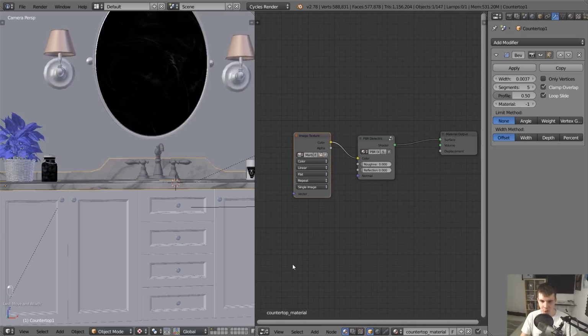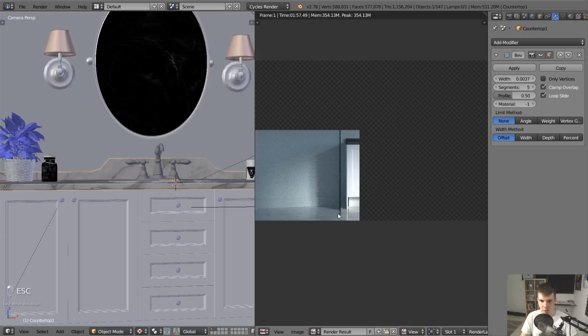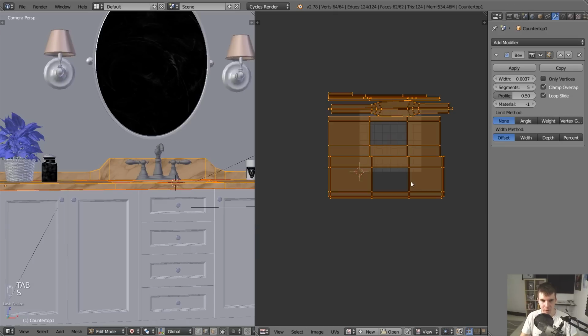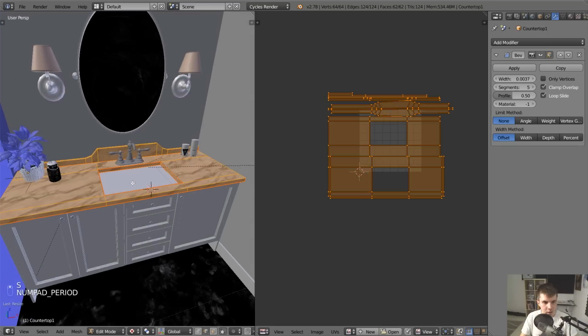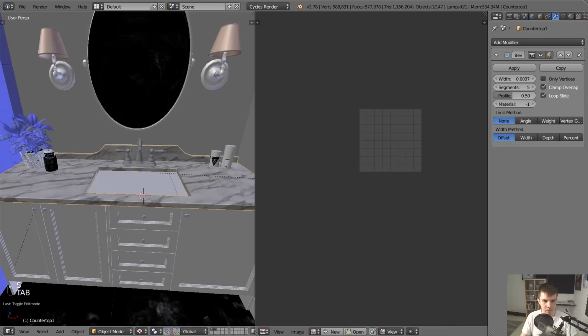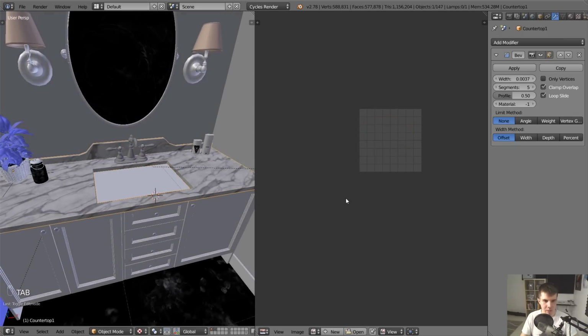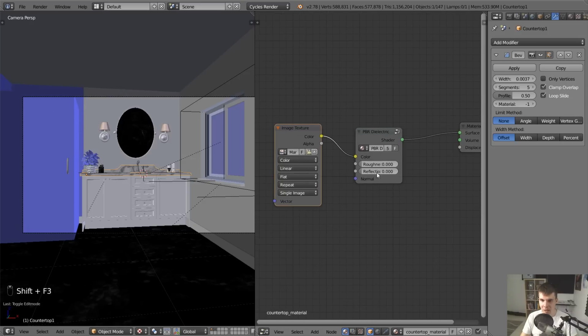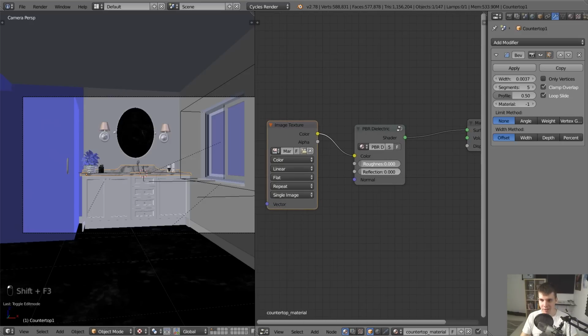So now what I'll do is go to the UV image editor, and I'll scale this up. Let's try by 2. However you want your marble to look. Like that. That looks like a marble countertop to me. It's pretty good. Lovely. All right. And if you want, you could make the roughness just look a little bit